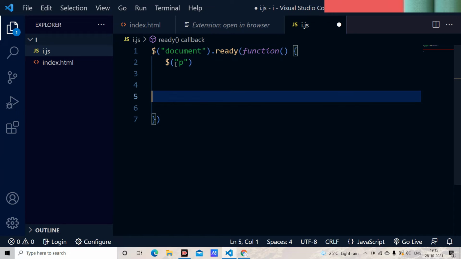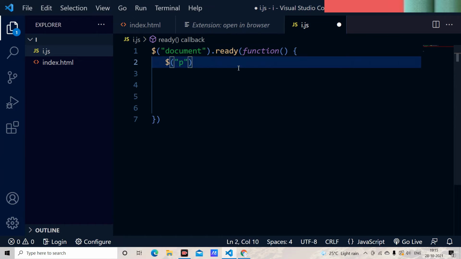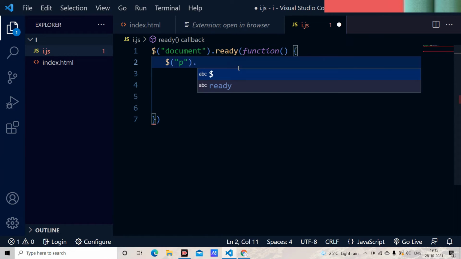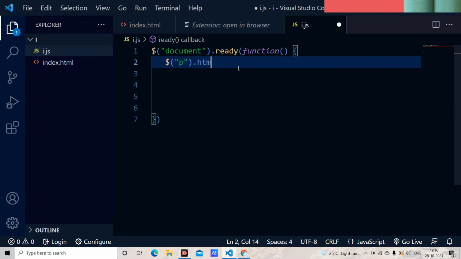We don't use document.getElementById, we just use the $ sign. For this purpose jQuery is very popular and we can use it in projects, because you don't need to add document.querySelector or getElementById. You just add the $ sign, then p, then a dot, and if you want to change the HTML under that p, you just add html, under which I am going to say hey world, and I save it.